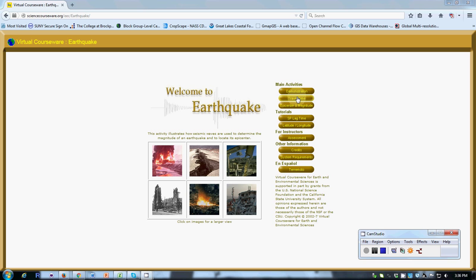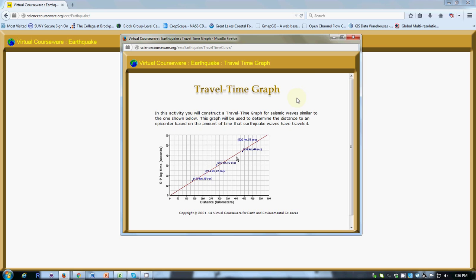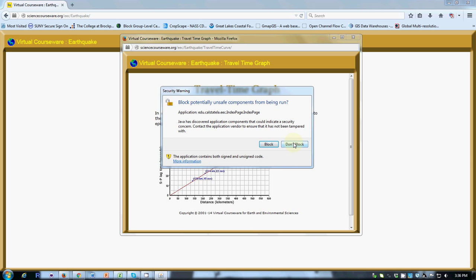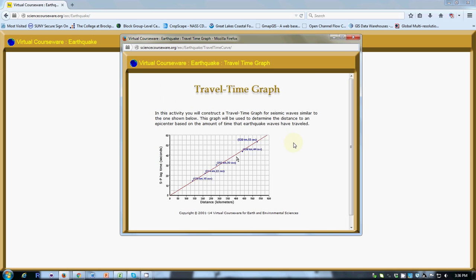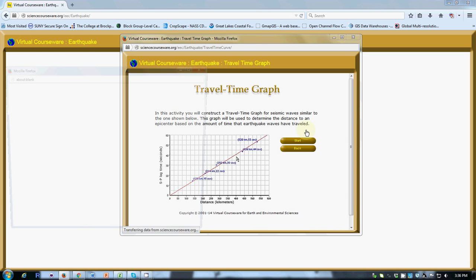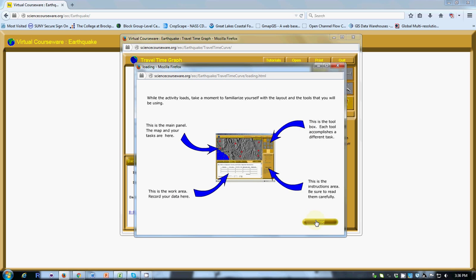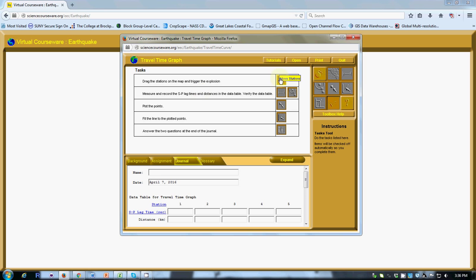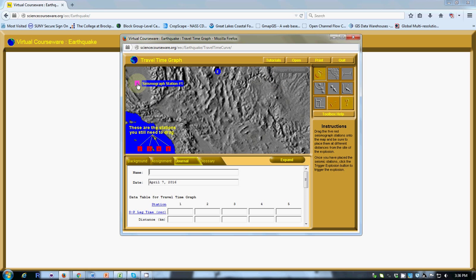The first thing to click to get started, once you arrive at the website that you can see here, is to ask for the travel time. And I will say don't block this particular application. I can say start. And the first thing is an informational window. The first thing to do is to create some locations for test stations,